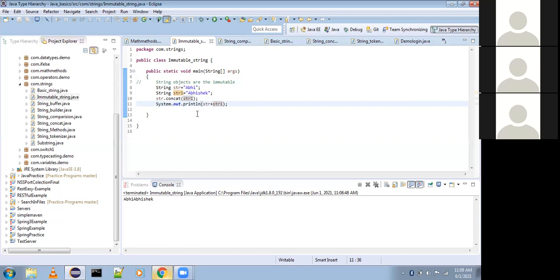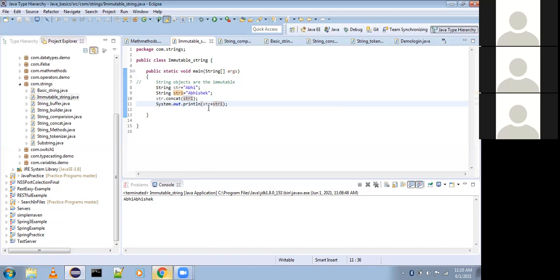Now we need to understand why it is immutable. What you have done is str holds Abhi and str1 holds Abhishek. So Abhi will be stored in location 001 and Abhishek in 007. These locations are different. You can append the strings and print the result over here, but you can't change that particular string object.